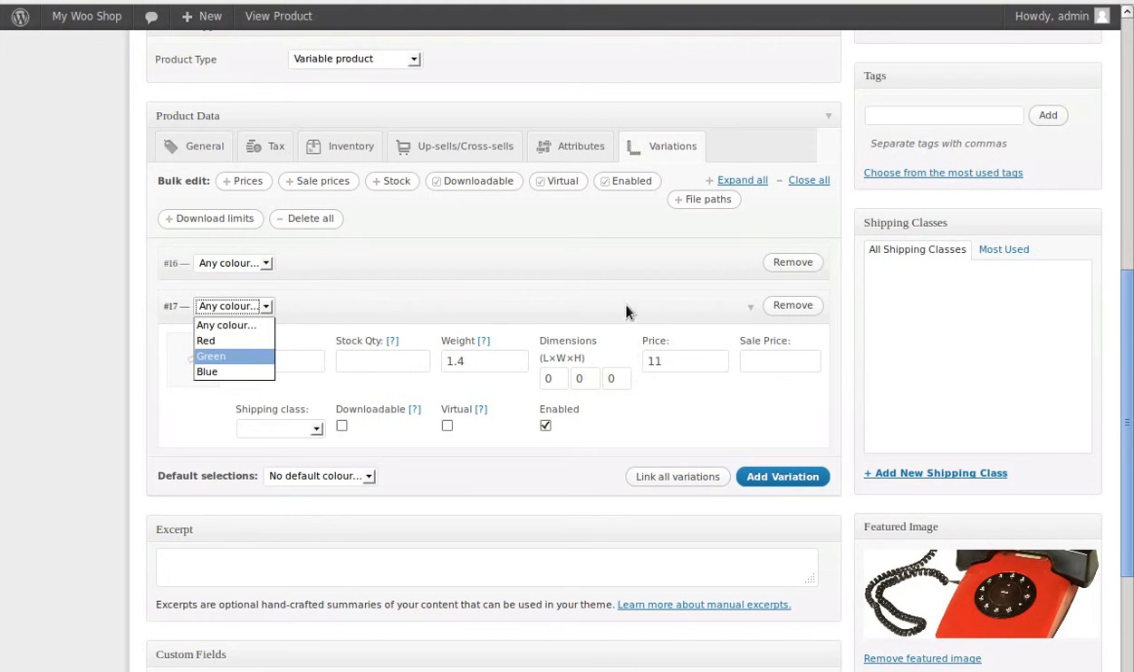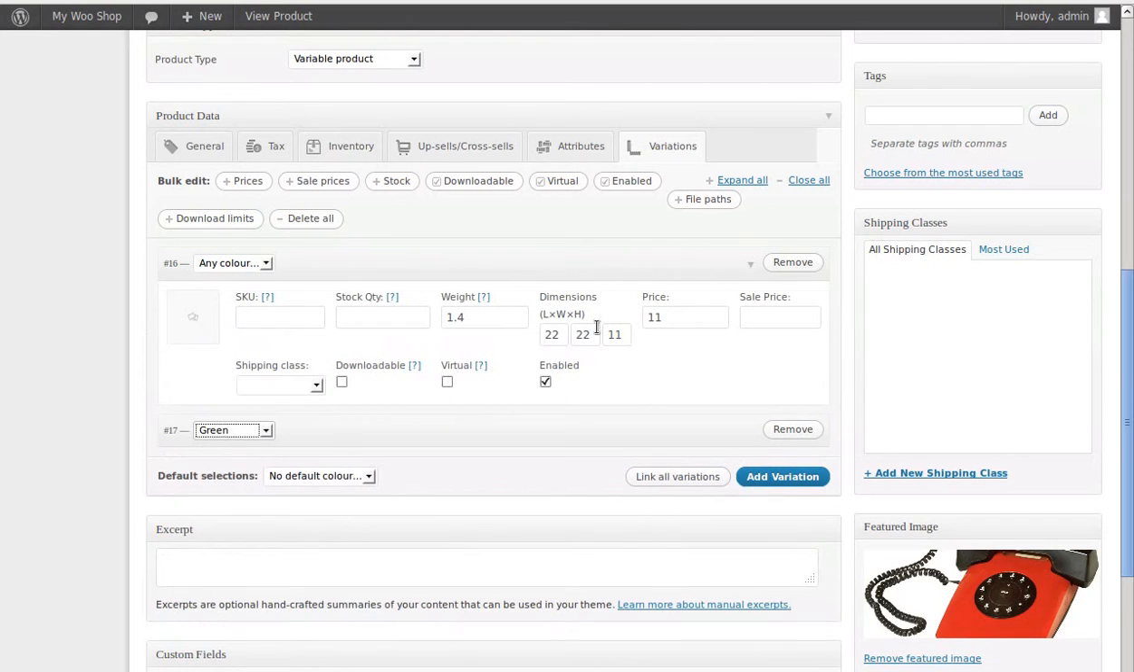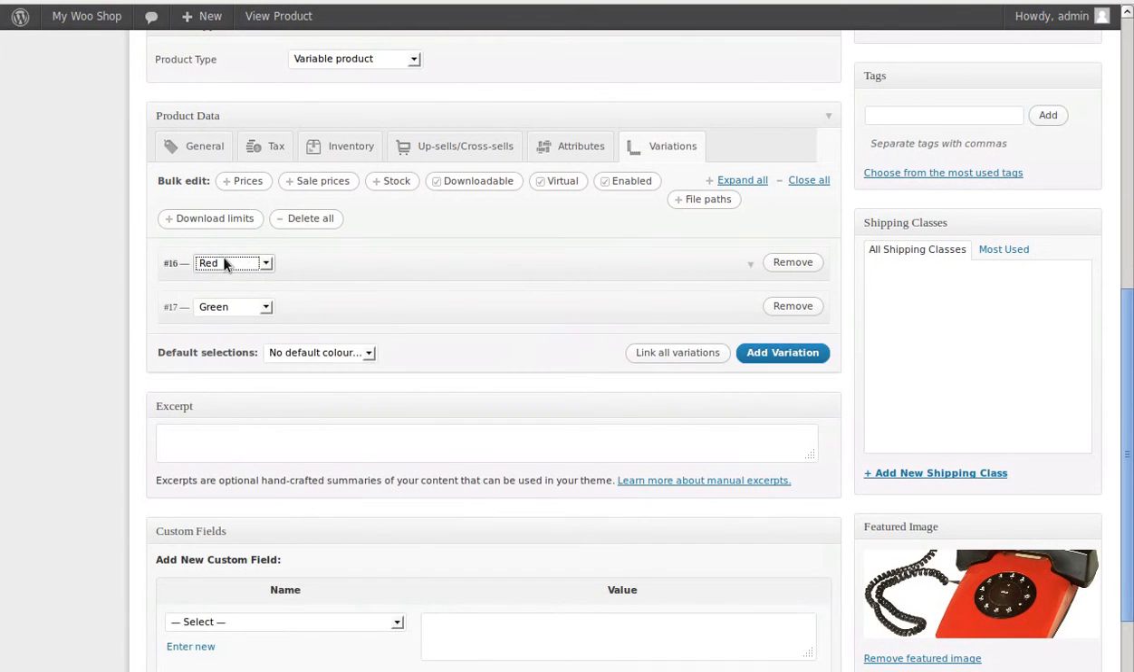Now what I'll do, I'll change that to 14 because there's already one up here that we did on the last one. Right, so set that to 14, and then we'll choose that as the green one. The first one is £11. Set the colour to red. So we've got red, we've got green, and now I want to add another variation,